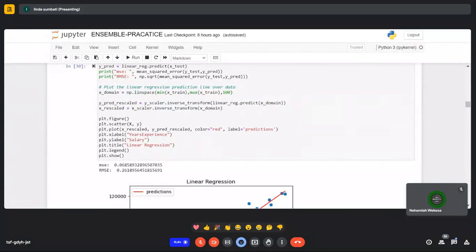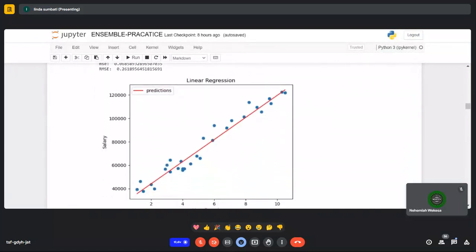I think I've explained. Maybe I just wanted you to go up a bit and then we see the graph together with those values. Here? Yeah, together with those values. I think the predicted values are on that red line, and the actual values are the blue ones, right? So for RMSE